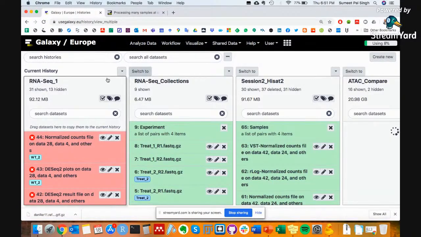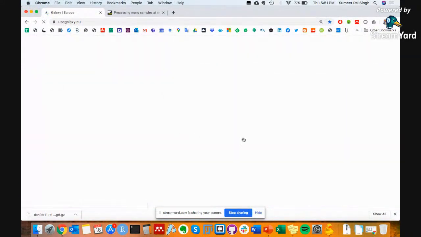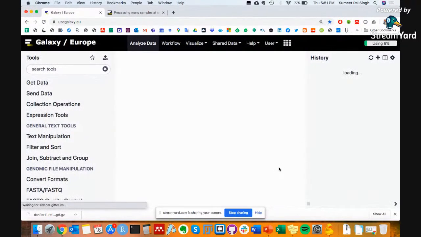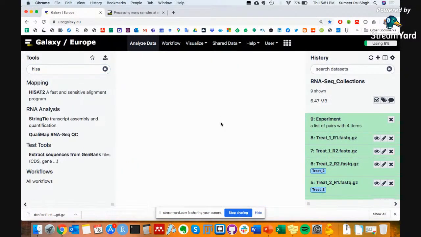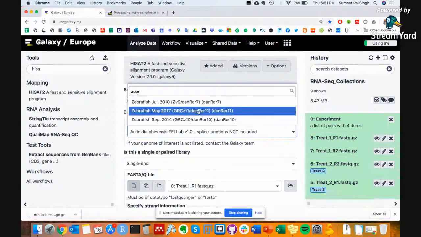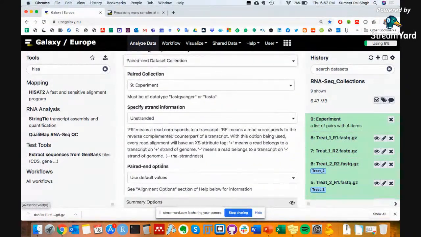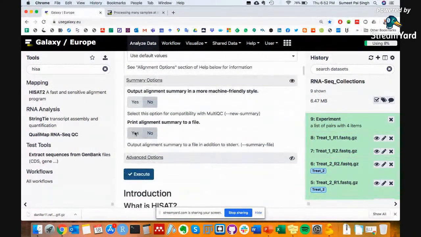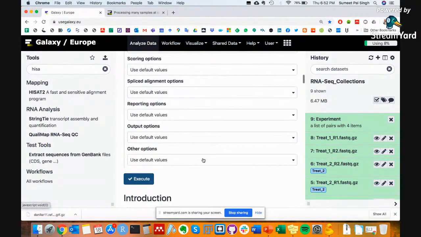We will switch to this one, and we will say analyze data. And then we go to HISAT2. Let's try to do this. So we will say zebrafish and paired-end collection, experiment, unstranded, print alignment, and advanced options. So it is important to have it splice aware. That is one thing, and also important to have it